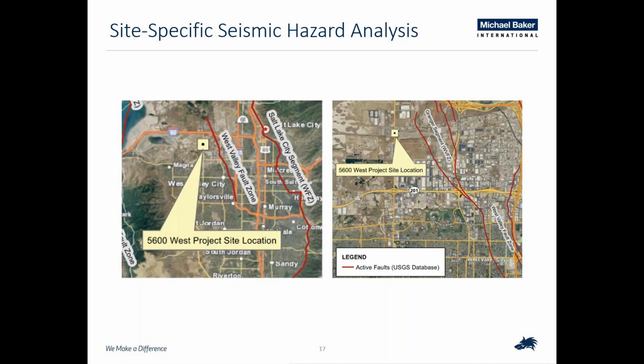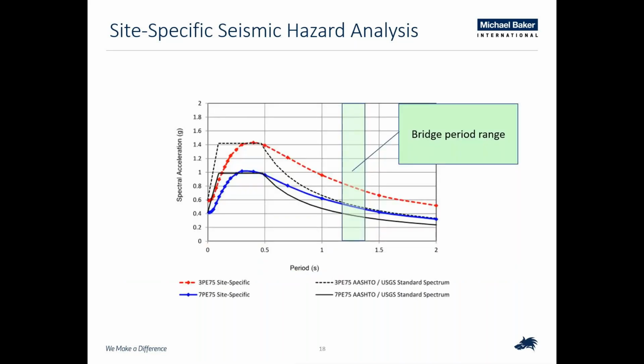performed at this location. And another determining factor for the site-specific analysis was that the three-span bridge was a more flexible structure. And so the bridge had a longer period. And this graph shows the USGS standard response spectrum in black for both the 7 and 3% exceedance, 7% in the solid, and then the 3% in the dashed. And it also shows the probabilistic site-specific analysis that's shown in blue for the 7%, red for the 3%